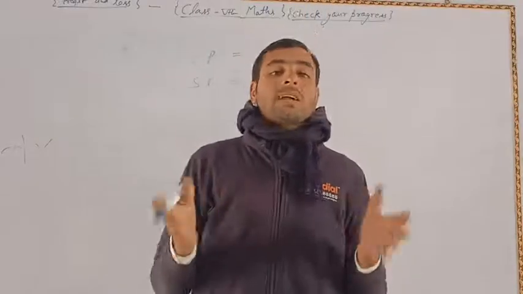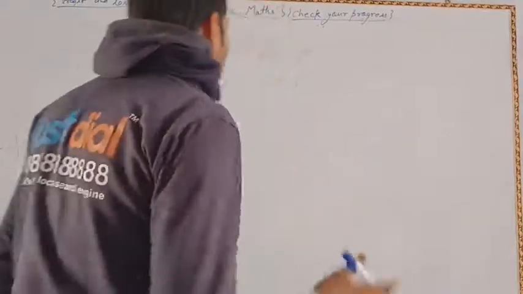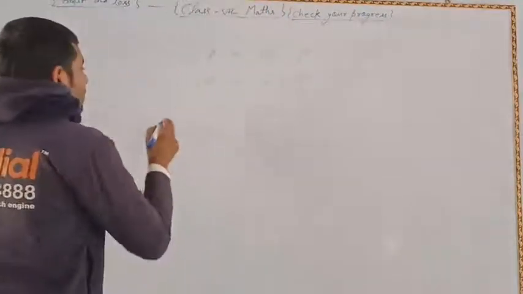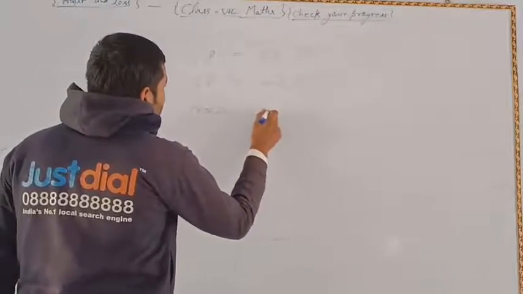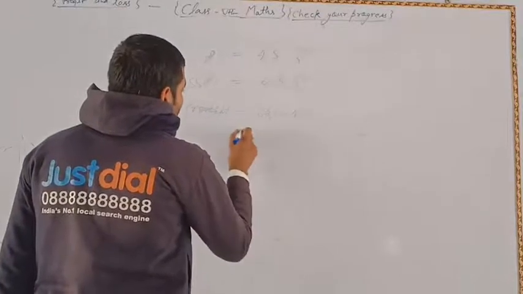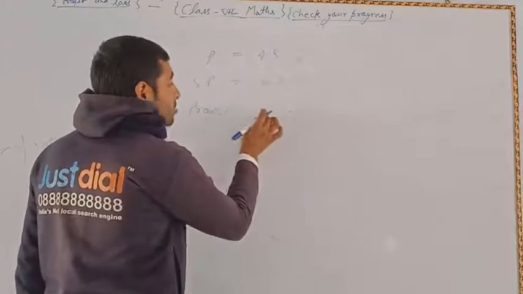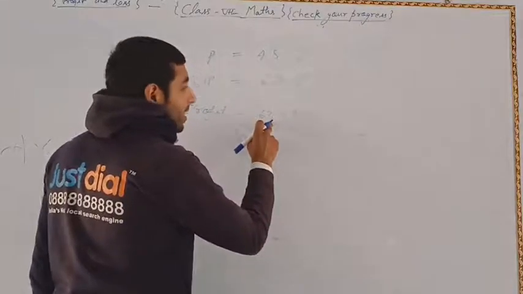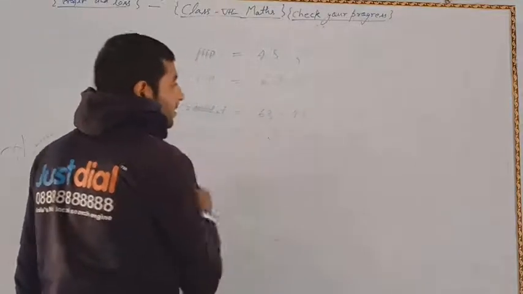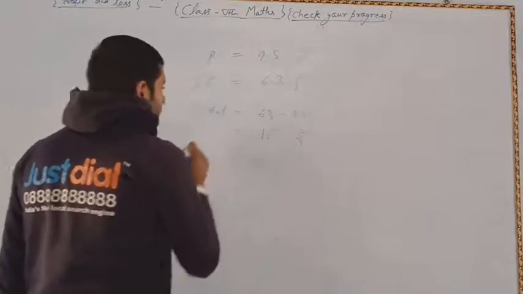If we have to find the profit percent on each book, then first of all we have to find our profit on that object. Here 3 is less than 5, so we borrow 1 from here and it becomes 13. 13 minus 5 is equal to 8, and here 5 remains. 5 minus 4 is equal to 1. Then 18 rupees is our profit.